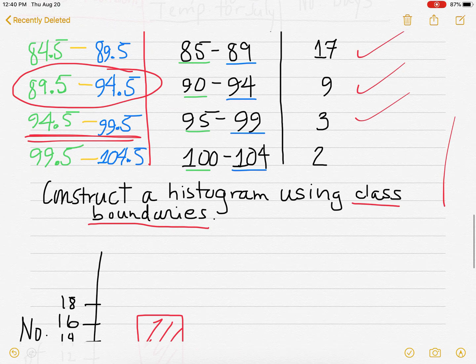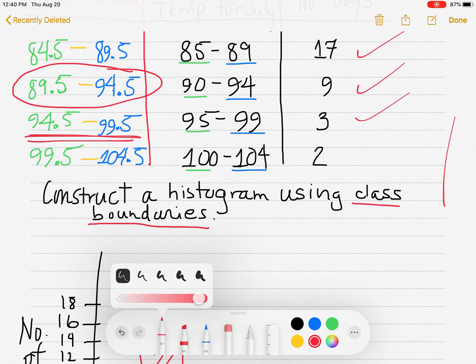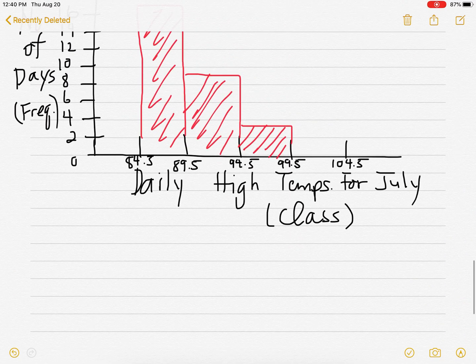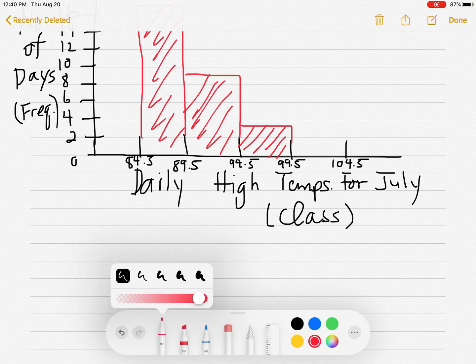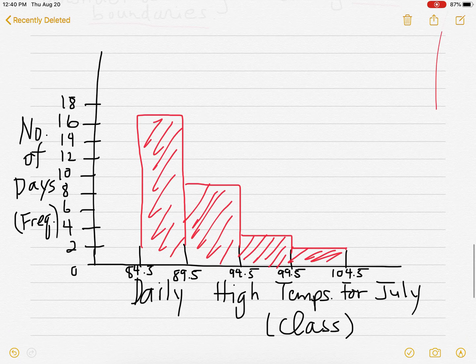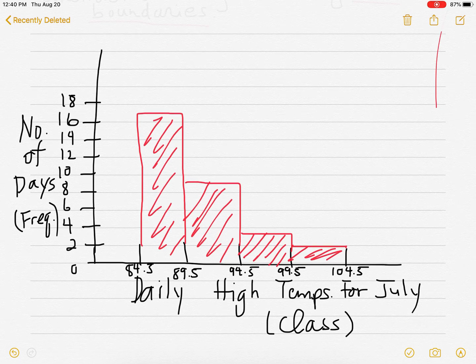And finally, 99.5 to 104.5, that's this last class here, right? It's 2 days. There you have it. This is a histogram using class boundaries. So we got the 0.5s marking the boundaries of the intervals. So again, we usually like to use boundaries when we're dealing with continuous data that's going to possibly involve decimals. So like temperature, for example. All right, so I think that's going to be it for